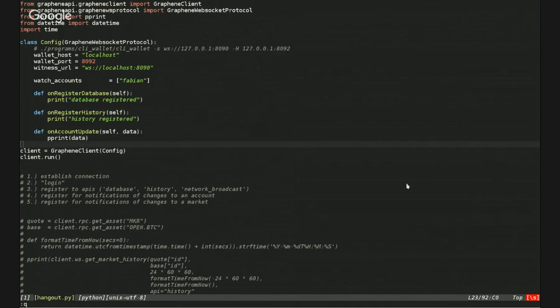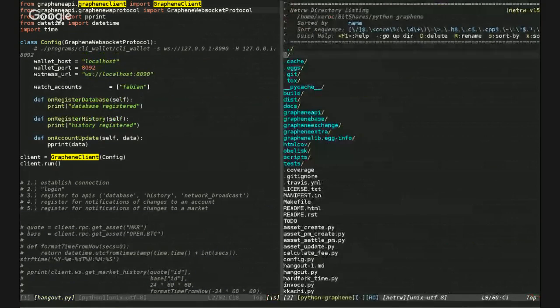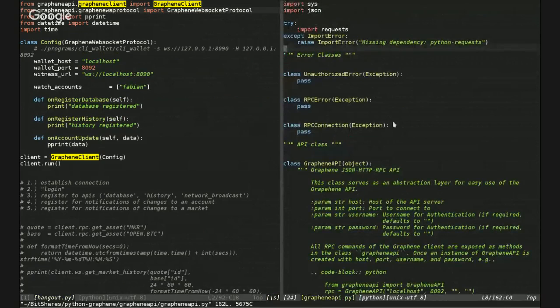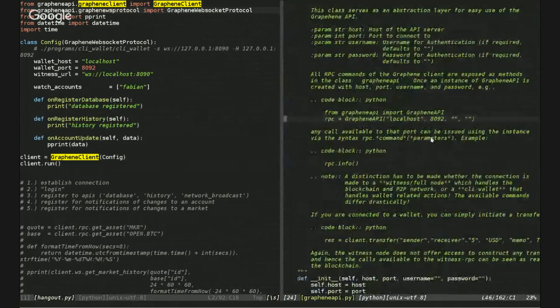I have a question because this approach is rather low level, and I think you worked on some higher level API, am I right? This actually is already the Graphene client. This is already a higher level API. If you wanted it even lower, you could use the Graphene API instead and directly connect to the